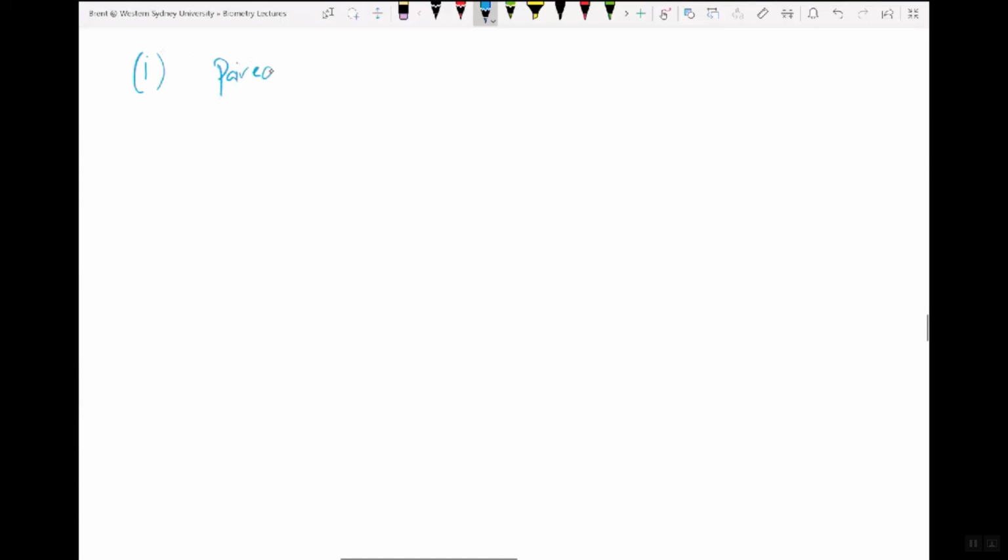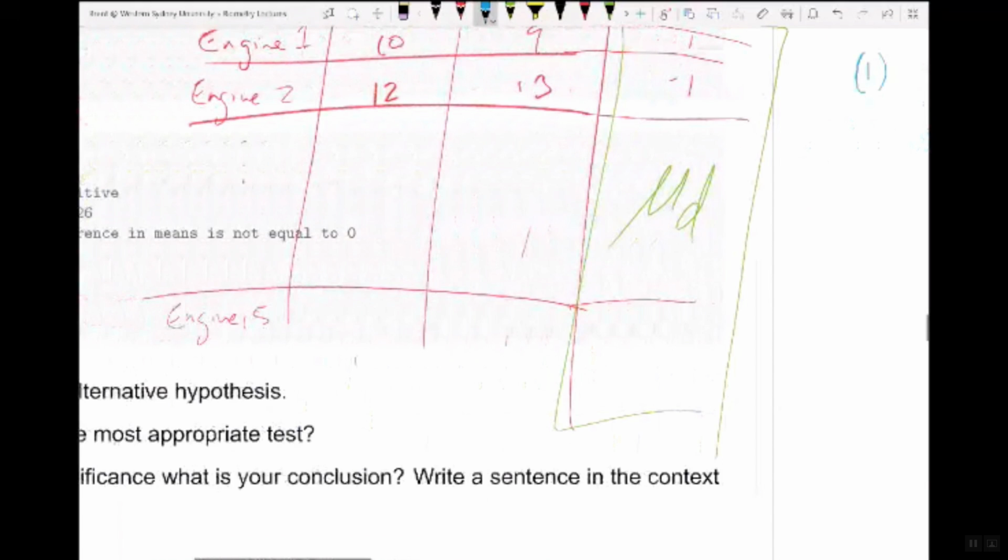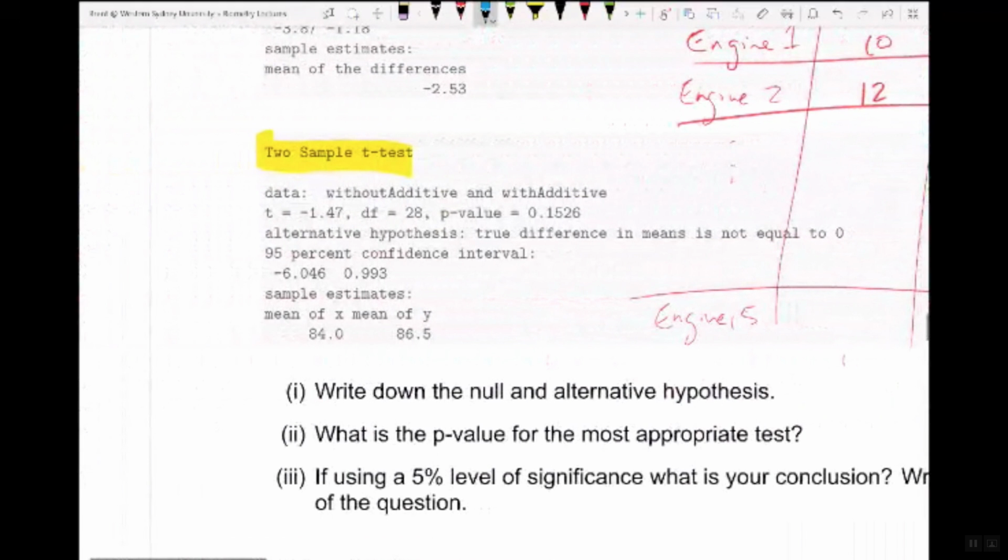We don't have a choice though. They've given us the output from our commander. We just need to see what did our commander do, and it tells us it went without minus with. In that order from left to right, that's the way it has done it. You can read that as without minus with additive. So that's the way I define my difference in my null hypothesis as well. So the mean difference, where I've measured the difference as without additive minus with additive,